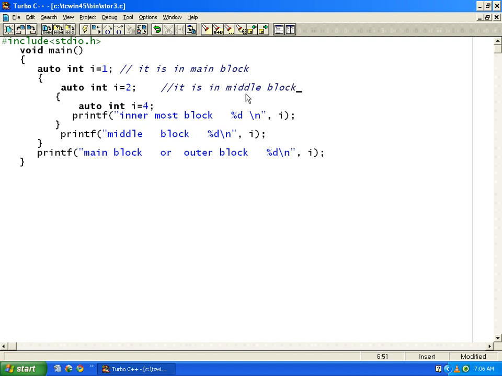It's in the middle block. It is in the innermost block. You can see this I is in the innermost block. So when I print the innermost block I inside here,